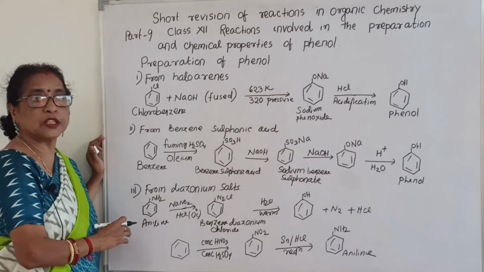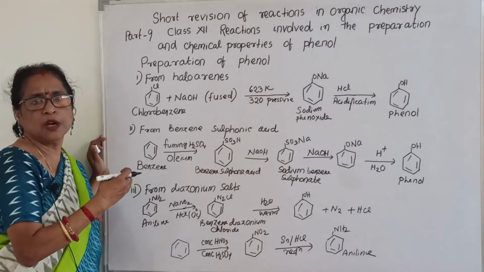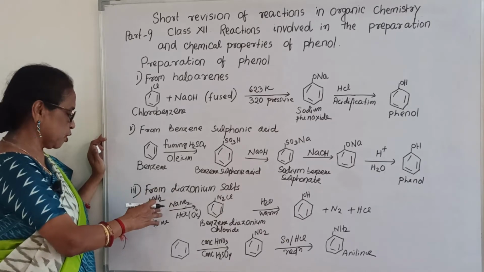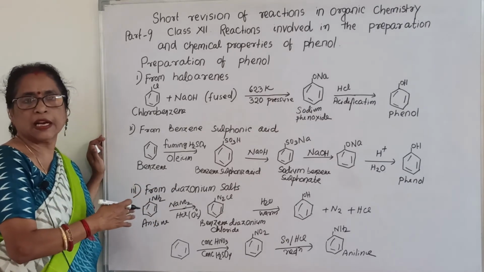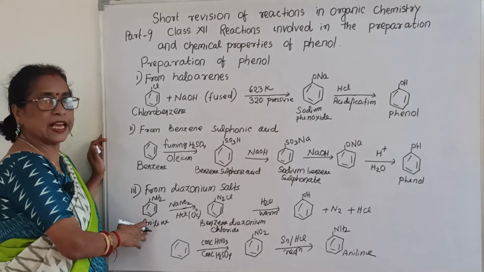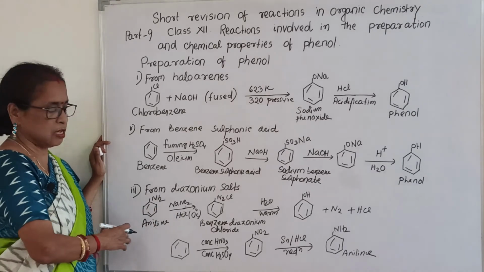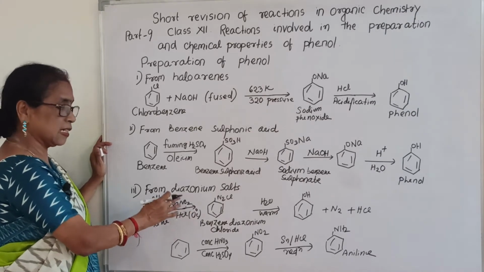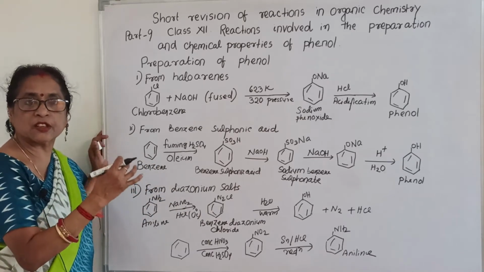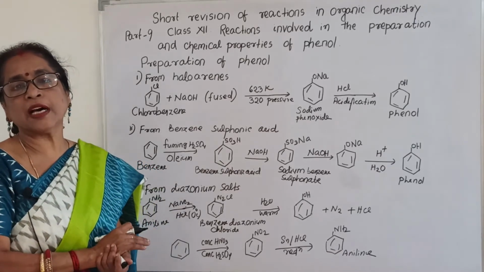Then come to from diazonium salt. Then what is meant by diazonium salt? Actually in haloalkane, it is already covered, from diazonium salt. You know what diazonium salt is. Again, I want to tell, you take aniline and after that sodium nitrite and hydrochloric acid. Sodium nitrite and hydrochloric acid, that means what is that? That gives HNO2. What is HNO2? Nitrous acid.